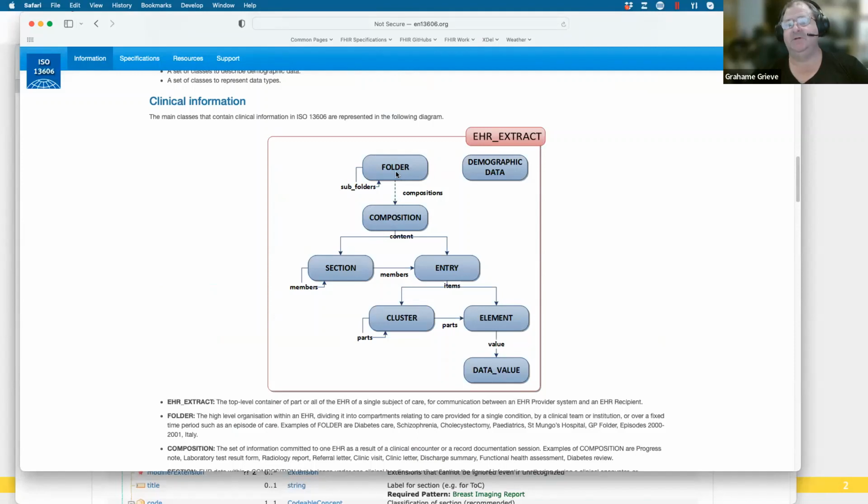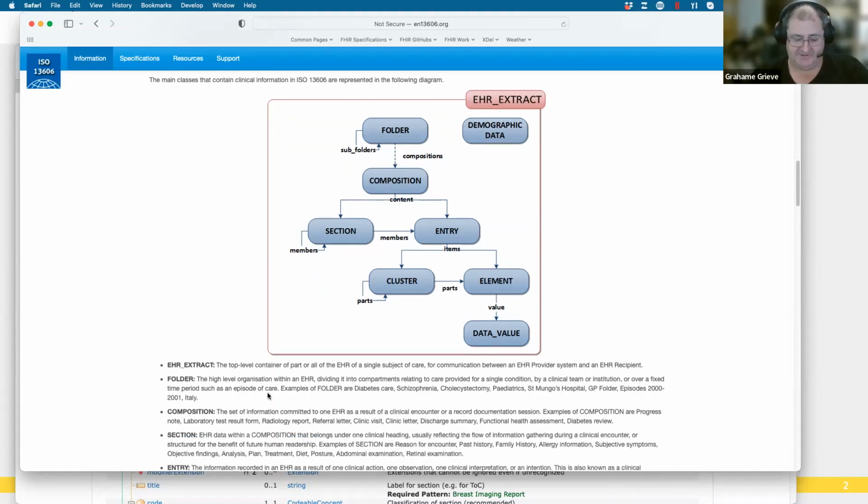Yeah, so they talk about a folder. We didn't directly produce folder in FHIR, but we kind of had document manifest for a while, which is kind of folder-ish, and we had a list as well. But I didn't find that to be a tremendously useful thing. But we have compositions with sections, and then the entries are in the sections, and then we get down to actual resources. So in that sense, the composition was always intended to follow